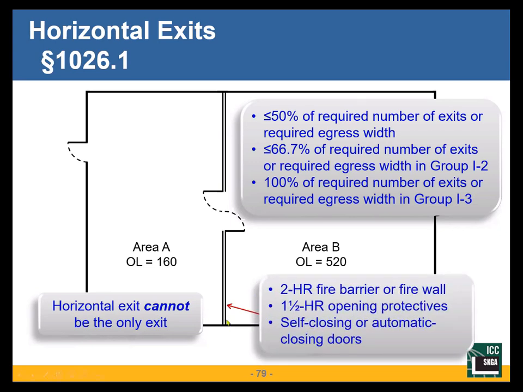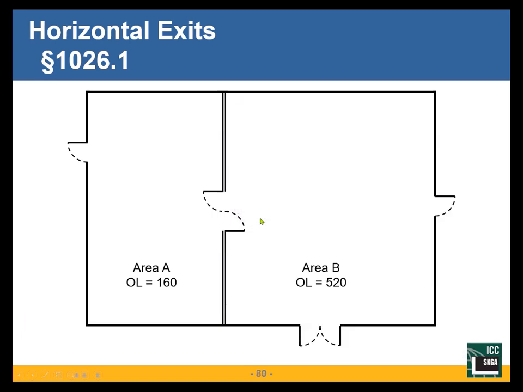To construct this, I have a 2 hour wall, 2 hour fire barrier, hour and a half openings, all doors open and close automatically or self-closing. This is the type of door arrangement you will see in a horizontal exit because I have occupants in area B exiting into area A, occupants in area A exiting into area B. How do we figure that? I've got occupant load of 160 in area A, 2 exits required. There's 1, there's 2. These occupants have entered an area